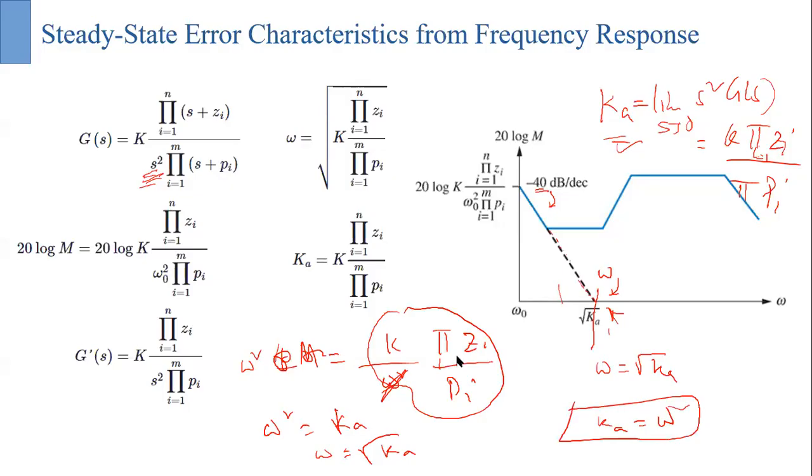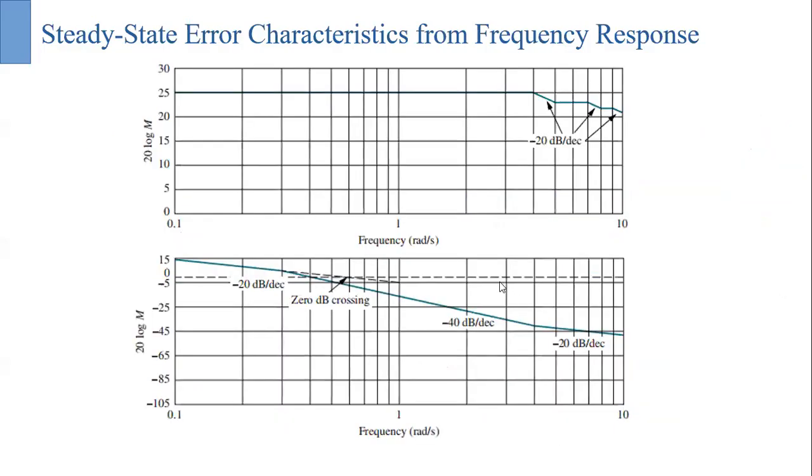So the idea will be more clear with the example. So let us look at this example. In this first example, as you can see, initially what we have is a constant line. So what does it say? It says that the type of the system is 0. So what will be the value of the magnitude? So we can say that 20 log Kp should be equal to 25. So Kp will be, just do the calculation. So it will give you